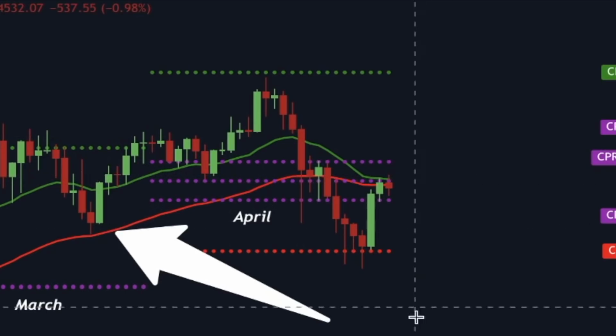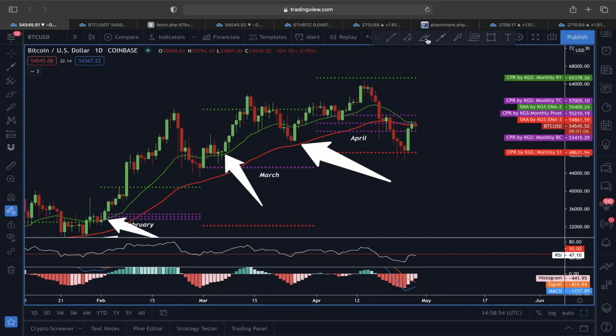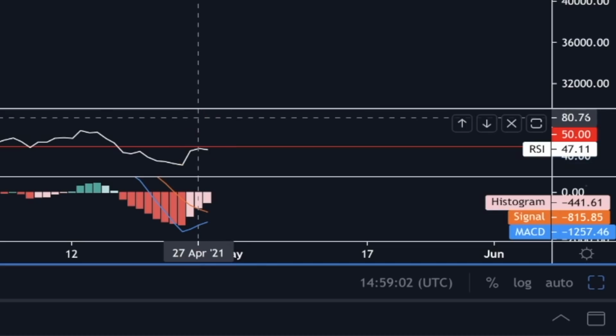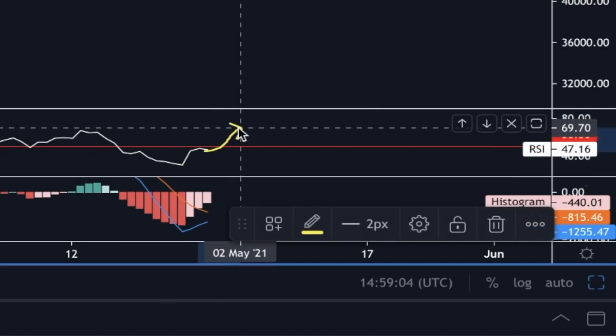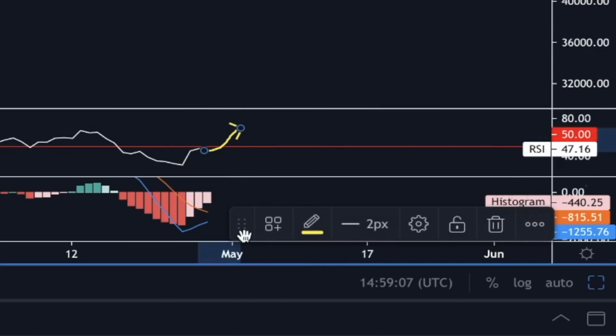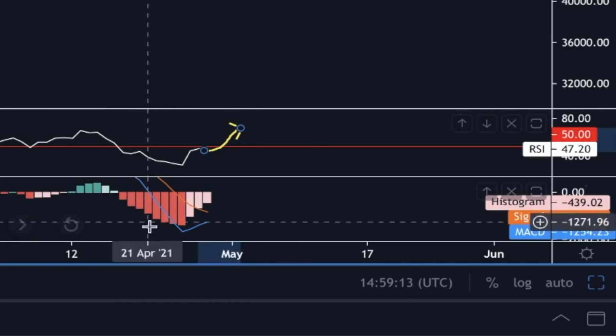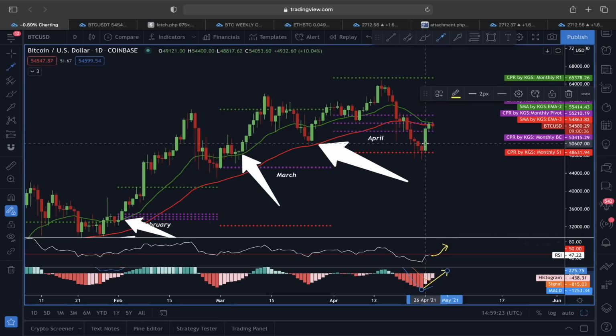And if that's going to happen, then indicators here to the downside would also start again showing some bullish momentum, because right now if you monitor this RSI line is hovering around 50 level. We want this RSI line clearly to re-enter above this 50 level. That is very important. And if you focus here, this MACD is also about to flash a bullish crossover, and this is also going to indicate some impulsive move here in an upper direction.